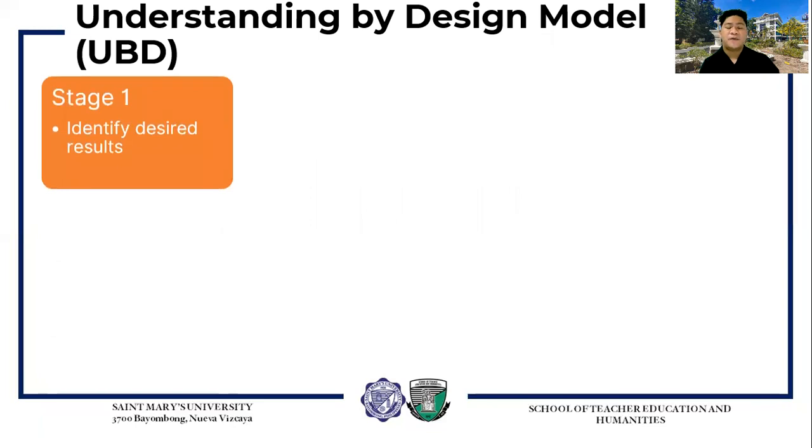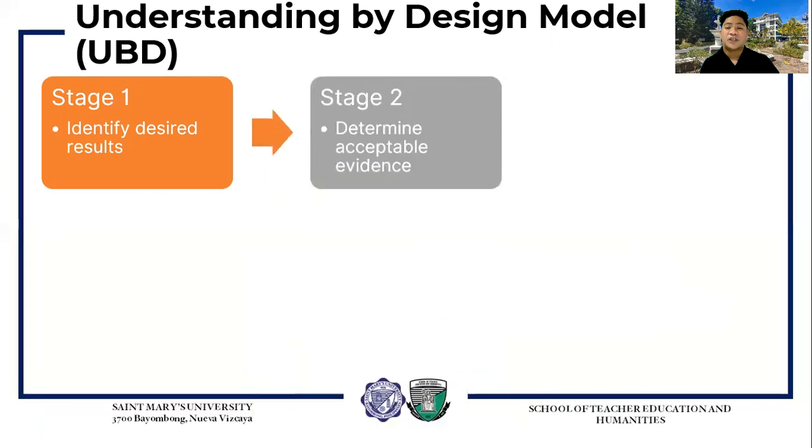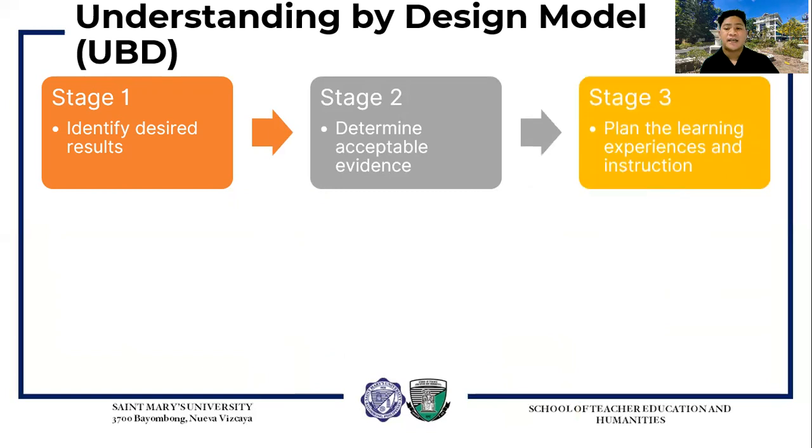So in UBD, we have three stages. Stage one is identify desired results. Stage two is determine acceptable evidence. And stage three is plan the learning experiences and instruction. Now you can see that it is backward design because assessment or evaluation is done before planning the learning experiences